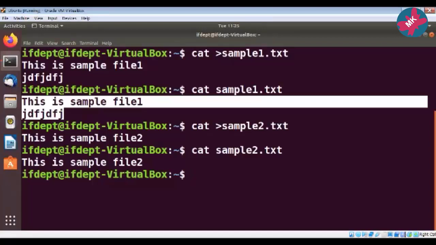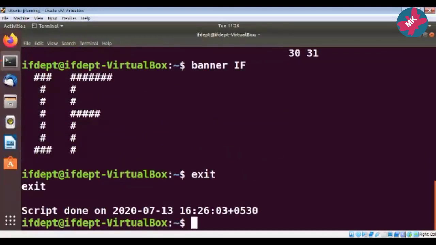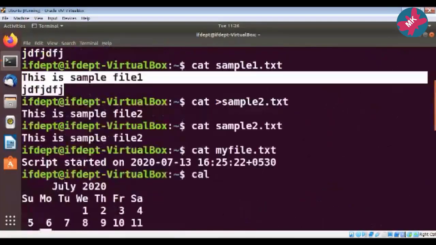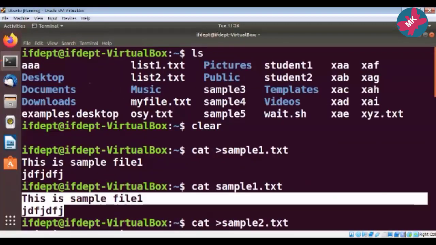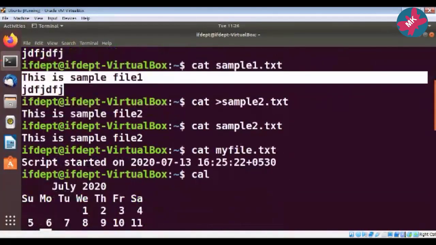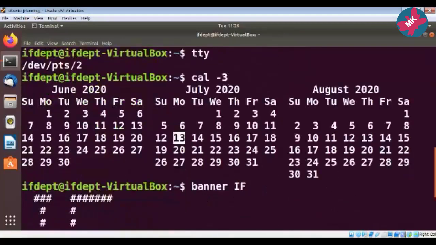Now, the next command that we have discussed was the head command. If you recall, we created one large file when we discussed the second practical. That file was myfile.txt, meaning we have seen the use of the script command. Since this is the large file that I currently have, I will work with this file to show you the head and tail commands. So this is a large file.